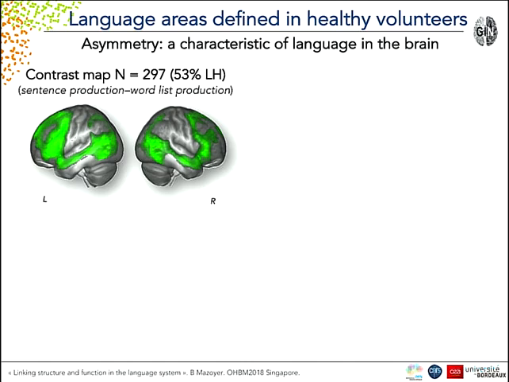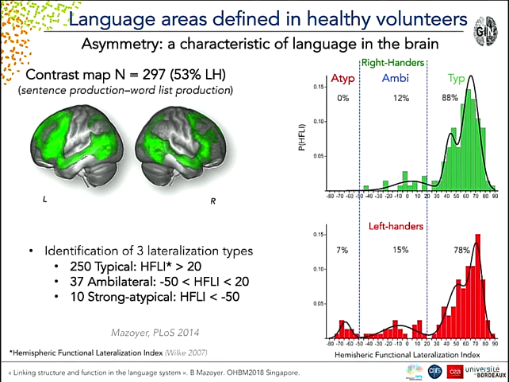We started that recently with a big database. I will come back later with 300 subjects. And if you use this big number of subjects with a lot of left-handers, you can actually not bias your sample by using only right-handers, and you just map language production, so it's a contrast between hearing a sentence in your head or hearing just a list of words, and using this simple